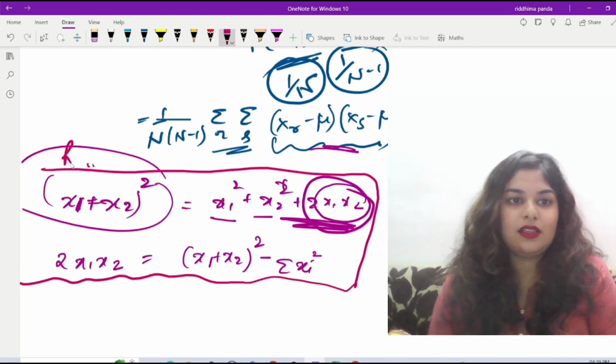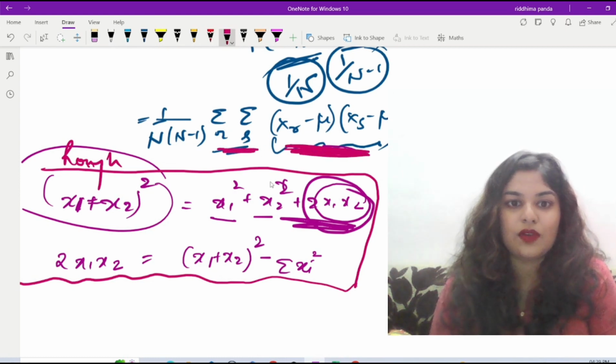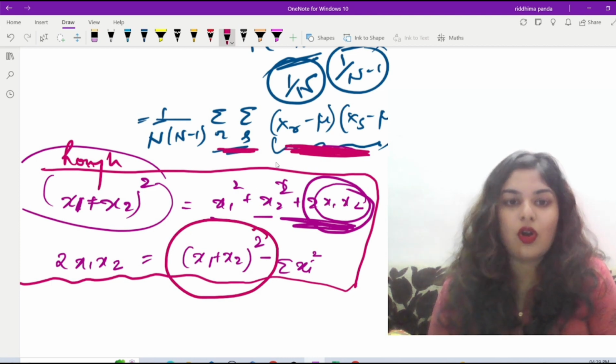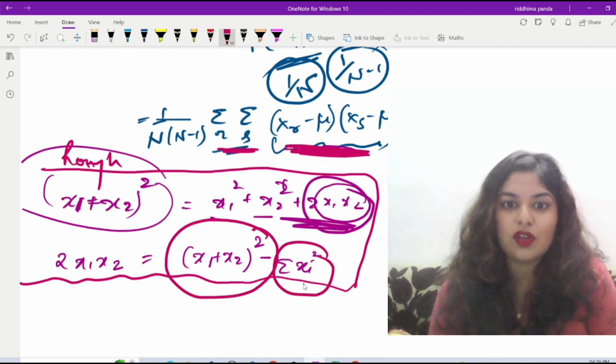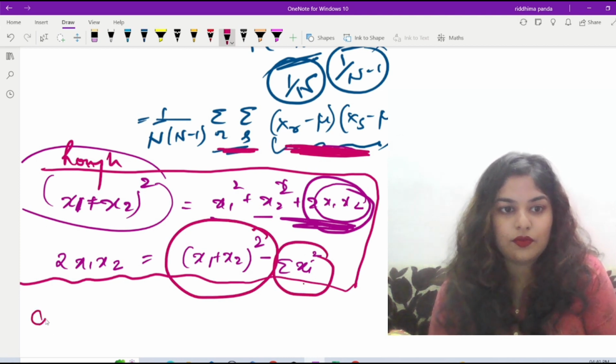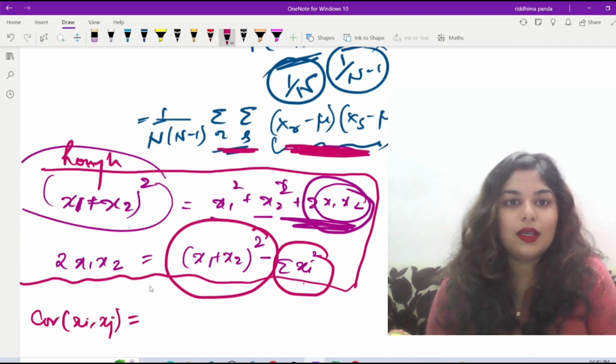So this is rough. That is the formula we have done. That means I'm going to put this here. What I'm going to do, so this is summation of into, that means what I'm going to get? Summation of whole square minus summation of the square term. That is cov of xi comma xj is equal to